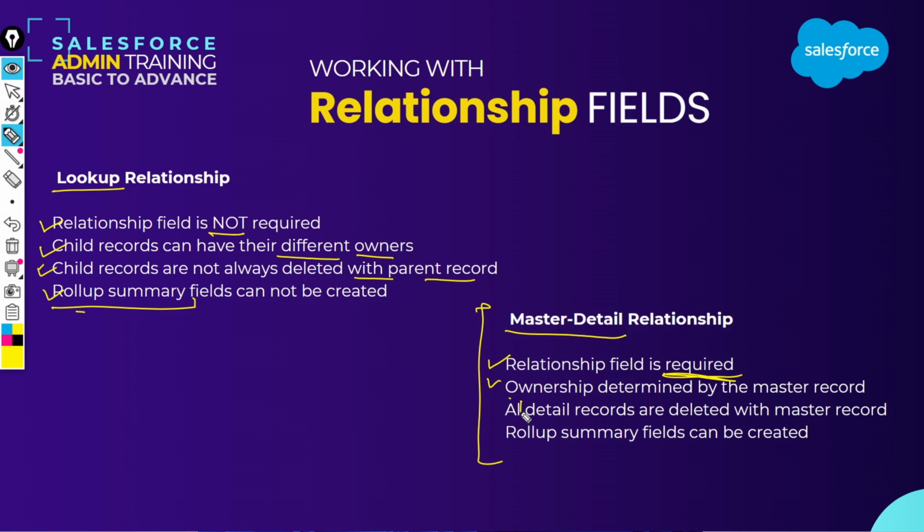All detailed records are deleted with the master record. So when a master or parent record is deleted, all the child records will get deleted. And you have the option of creating the roll-up summary field. So you can create a roll-up summary field if you are defining a master-detail relationship between two objects, right? So if you look into our data model, the client and project,